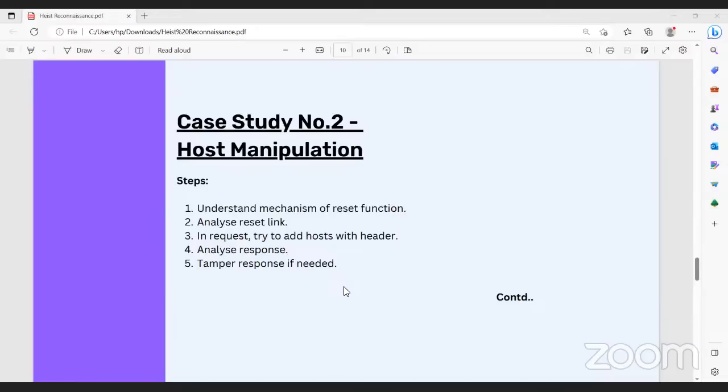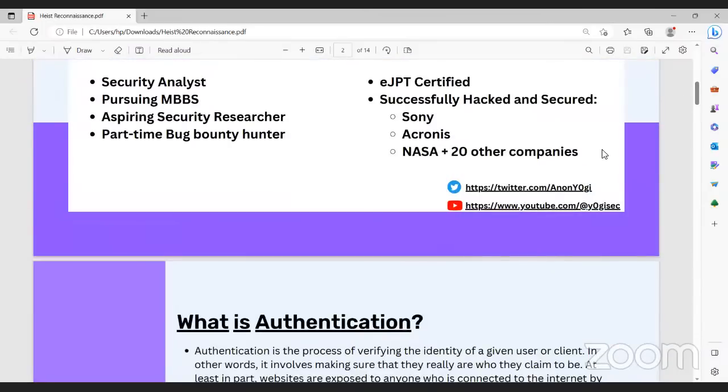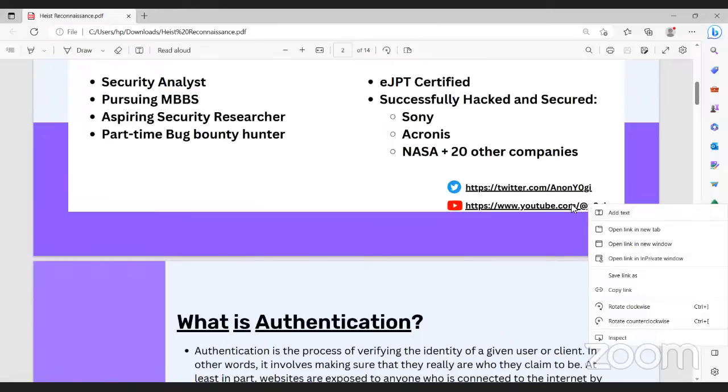There are other cases, like what I was telling, of how you can look through JS files to find any important admin panel link or secret link. That can also be the case with broken authentication. If you want to know more about broken authentication type vulnerabilities, you can go and check out